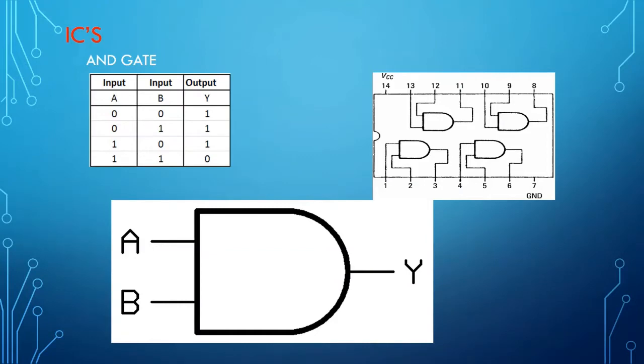These things are very familiar to you. When I speak about an AND gate, the AND gate symbol looks like this, with two inputs A and B and an output Y. When I speak about the pin diagram, this is the IC corresponding to the AND gate, and the IC number is 7408. So this is the pin diagram of IC 7408. It is a 14 pin IC: pin number 1, 2, 3, 4, 5, 6 and 7, 8, 9, 10, 11, 12, 13, 14.